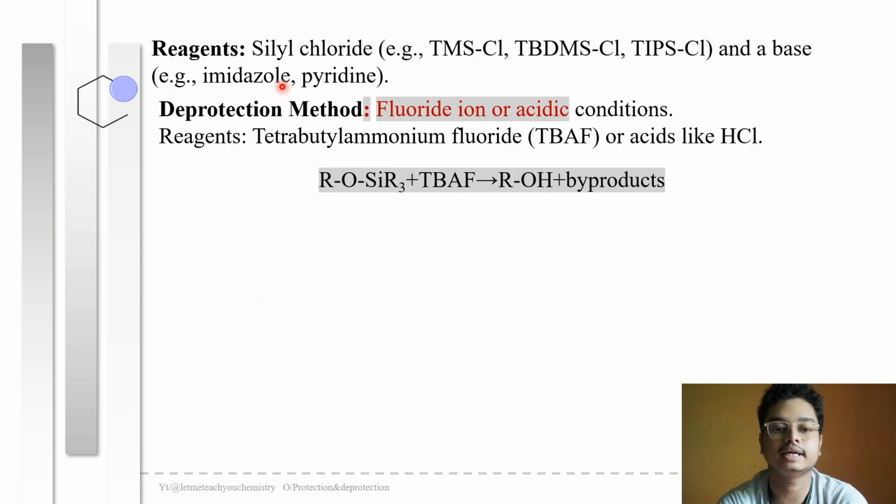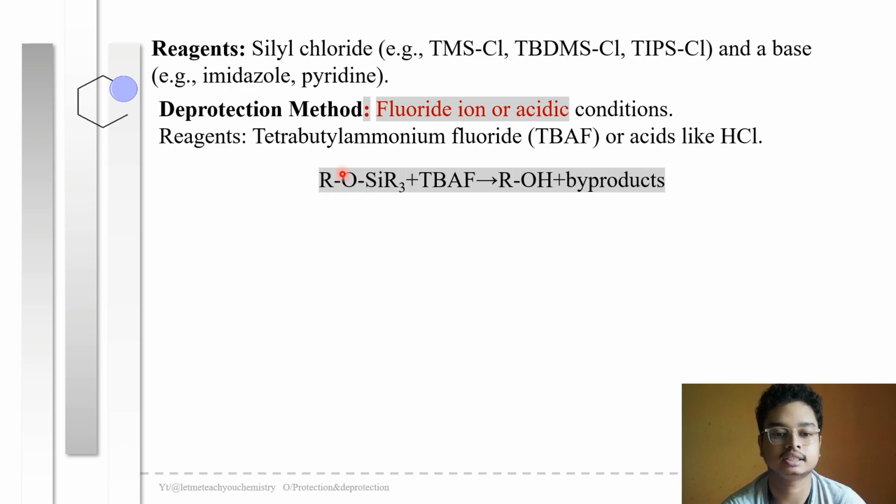The reagents are silyl chloride and a base, basically imidazole or pyridine, used for this silyl mediated protection. The deprotection method is that whenever the silyl ether has been formed, any kind of fluorine source will cleave the silyl oxygen bond, and ultimately deprotection happens. For this, a fluoride ion or acidic condition is used. The reagent is tetrabutylammonium fluoride (TBAF) or an acid like HCl,